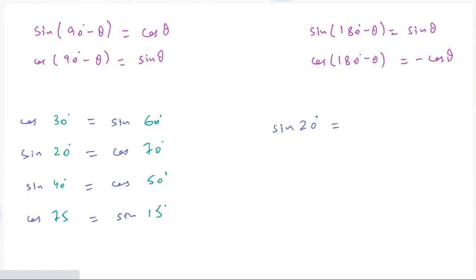साइन ऑफ 20 क्या होता है? 0.342। ठीक है, अच्छा, इसका मतलब ये है कि cos ऑफ 70 जो होगा, that will also be 0.342, वो भी 0.342। Yes Shivam, that's correct. Sin of 160 भी हो सकता है, that's coming from here, और cos of 70 भी हो सकता है, that's very good। अच्छा, तो ये चीज कि दो एंगल जिनका सम 90 हो, एक का साइन दूसरे के cos के